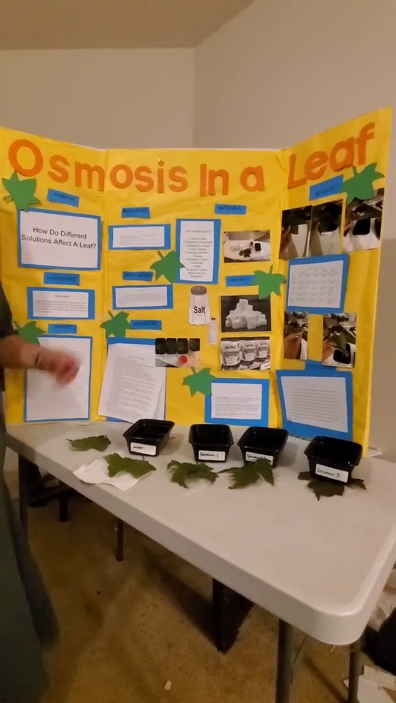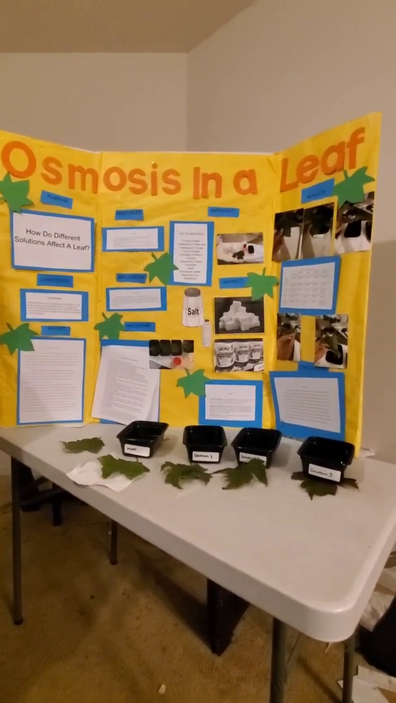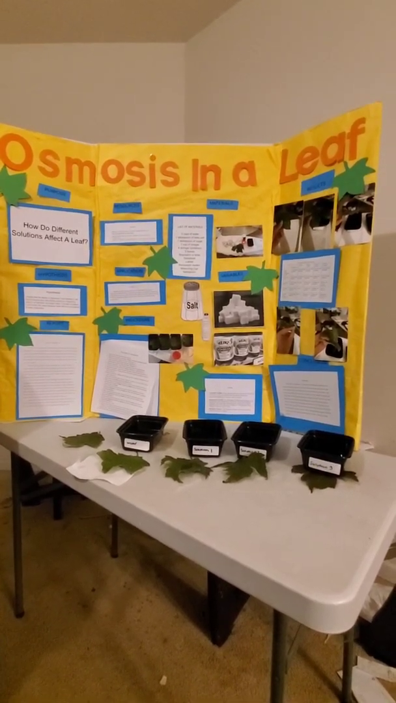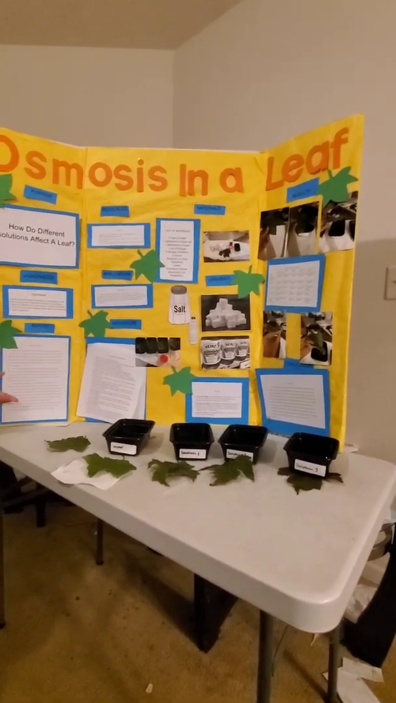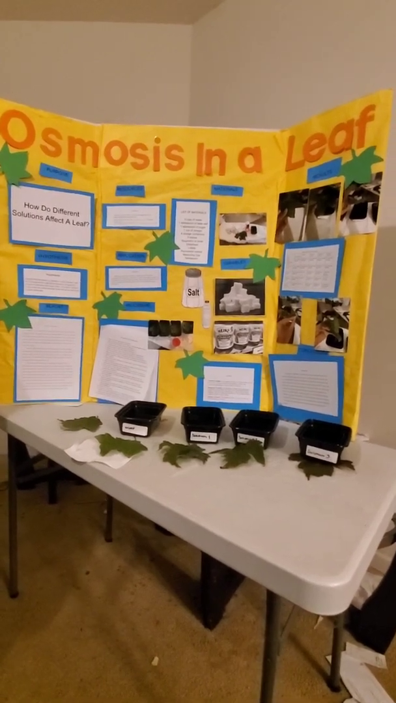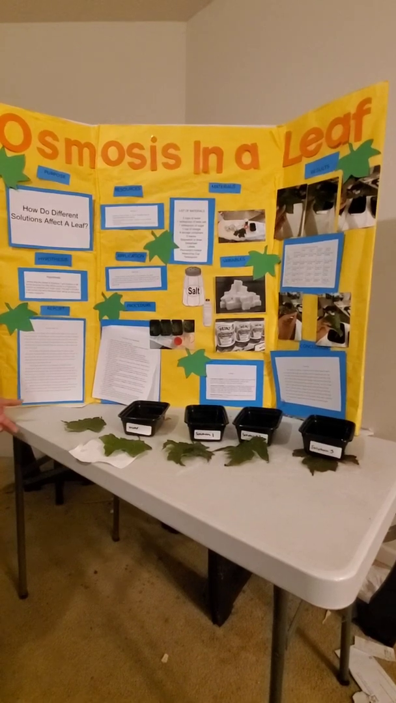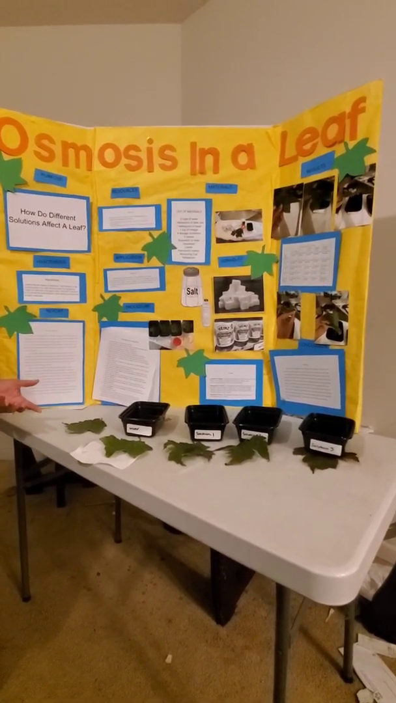So my project is on osmosis in a leaf. And I wanted to know, how do different solutions affect the cells in a leaf? Cells in leaves are affected by what's called osmosis. And osmosis is a type of diffusion where water travels across a semi-permeable membrane, such as in plant cells or animal cells,